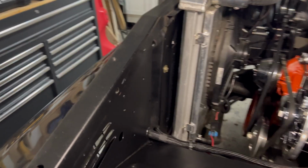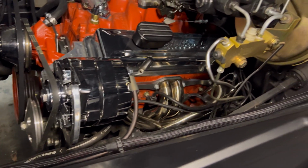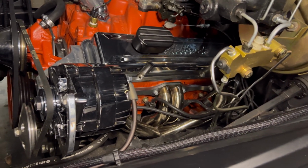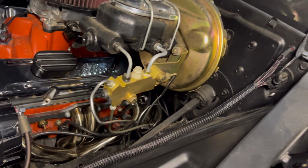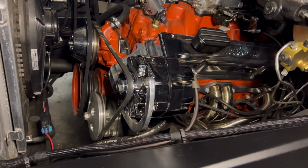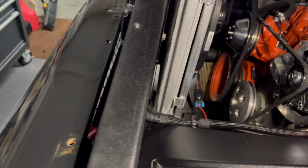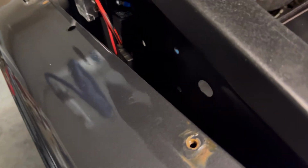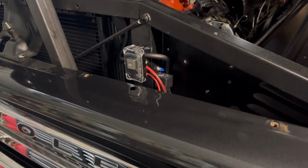So, quick recap, we started out with the horn and all that kind of stuff there, cleaned all that up. We ran the new alternator 4-gauge wire. Got all the wire hooked up. Earlier we installed that 200 amp alternator, LA Electric. And then we ran our wires through the core support. And then we used one of these splitters here